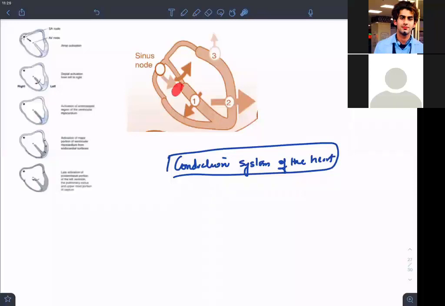from this AV node, it's not that the AV node will conduct the impulse at the same time. The AV node will hold the current for some time. That holding of current by the AV node after it gets the impulse from the SA node is called AV nodal delay. So AV nodal delay is a normal phenomenon happening in your cardiac tissue. AV nodal delay should happen. It is a normal thing.